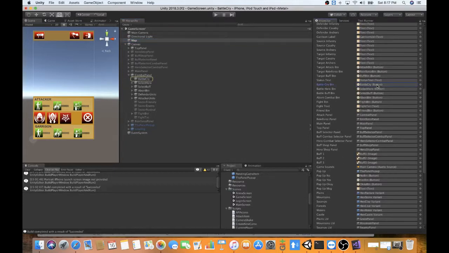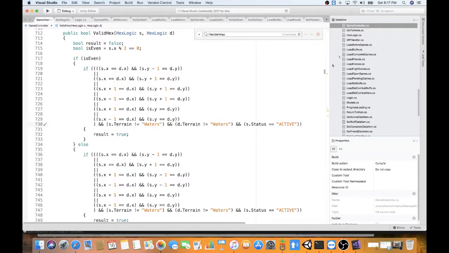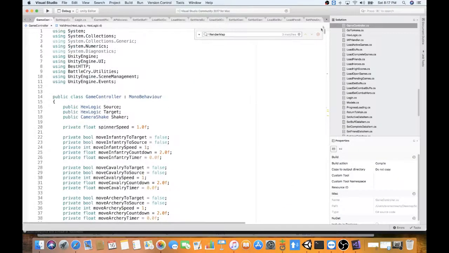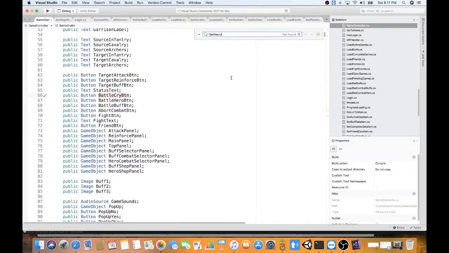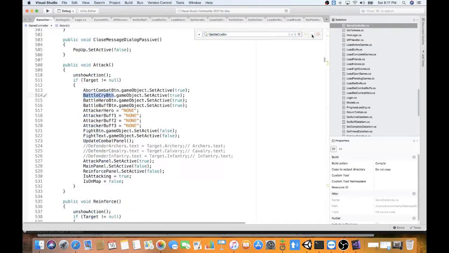And that's actually called the BattleCry button and the abort button. And on attack, we're setting that to true, and we're setting this to true. And in fact, maybe the abort button will be